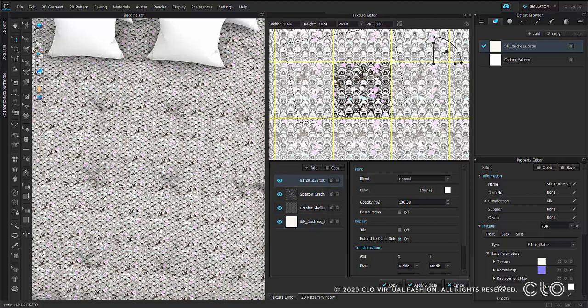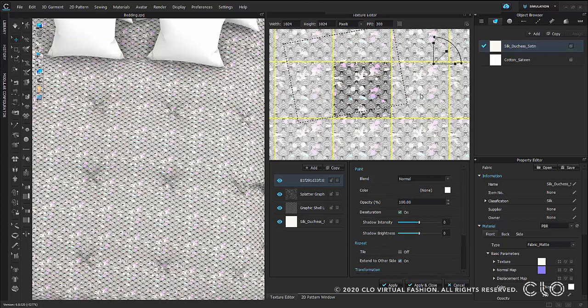So now we're going to move into how to edit each layer at a time. You have a few different options on how you can edit. We are just going to go over the basics of editing in this video. So we will cover color, opacity, and desaturation. Here I'm going to turn on my desaturation, and here I can play around with how bright or dark I want this layer to be. And then we can play around